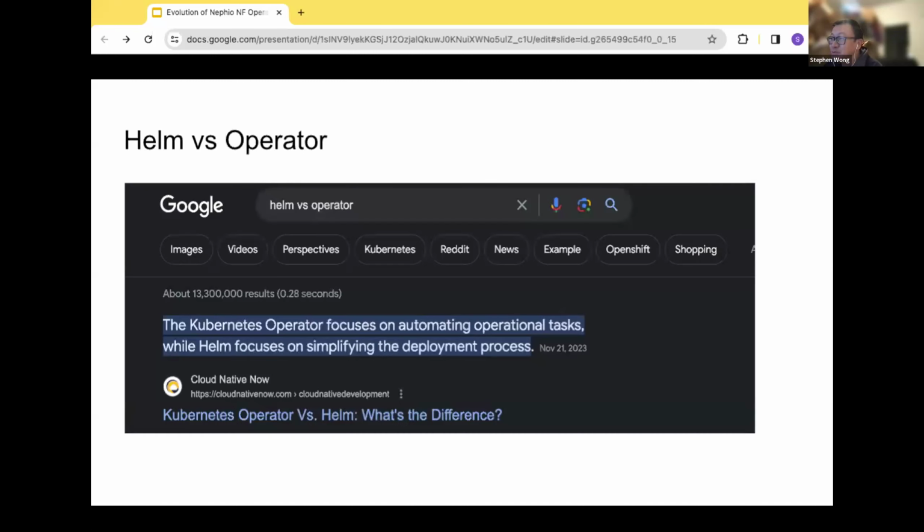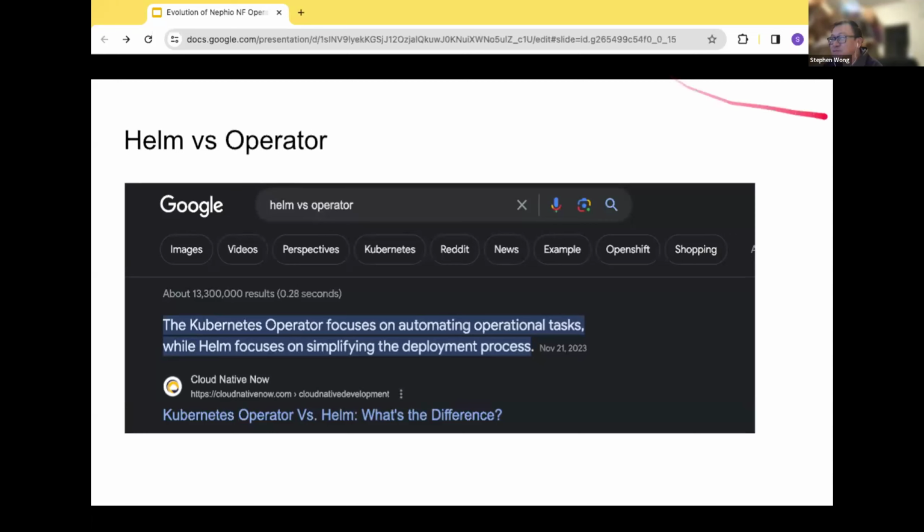One of the difficulties up to this point with the SDK, one of the major topics that has dominated the entire SDK discussion, is how do we support Helm?